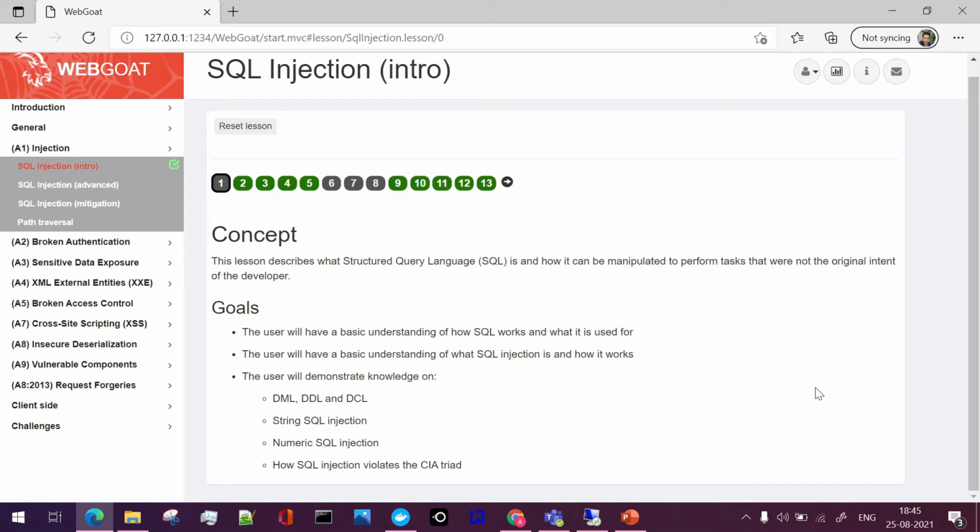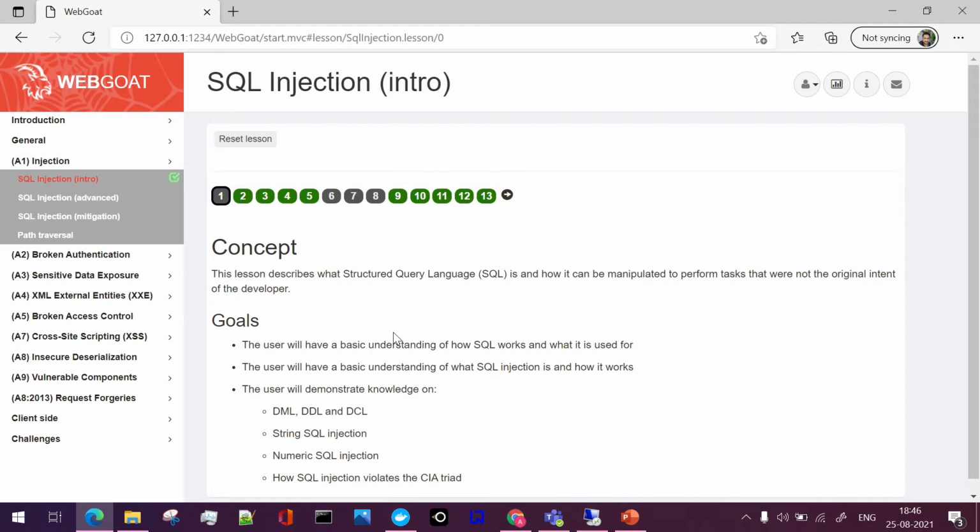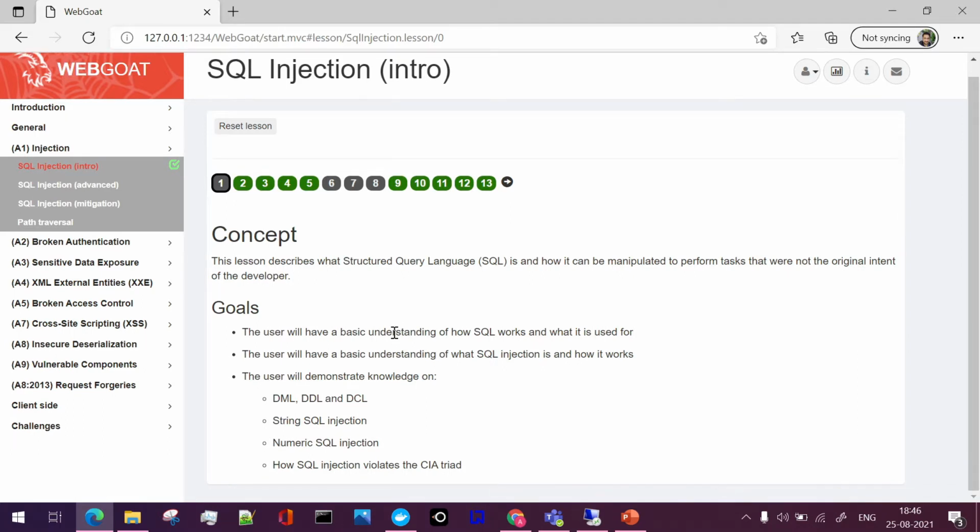If we see, the start is from the SQL concept itself. The basic understanding of SQL is provided with respect to DML, DDL, and DCL. After that, string SQL injection and numeric SQL injection are also explained according to the vulnerabilities.